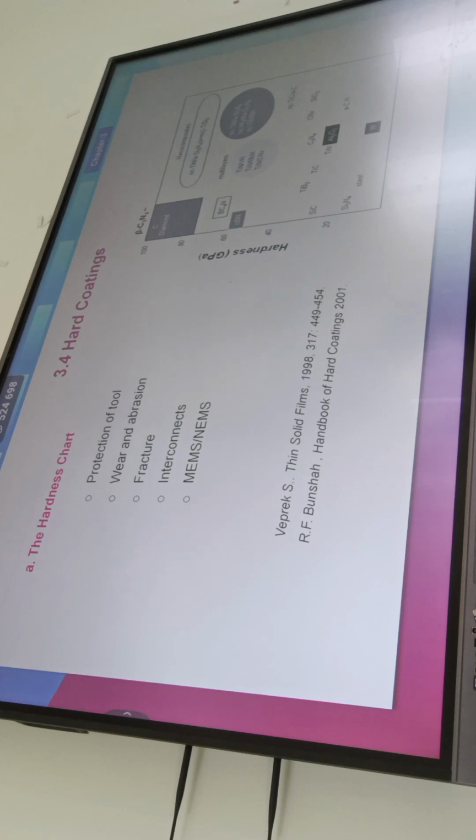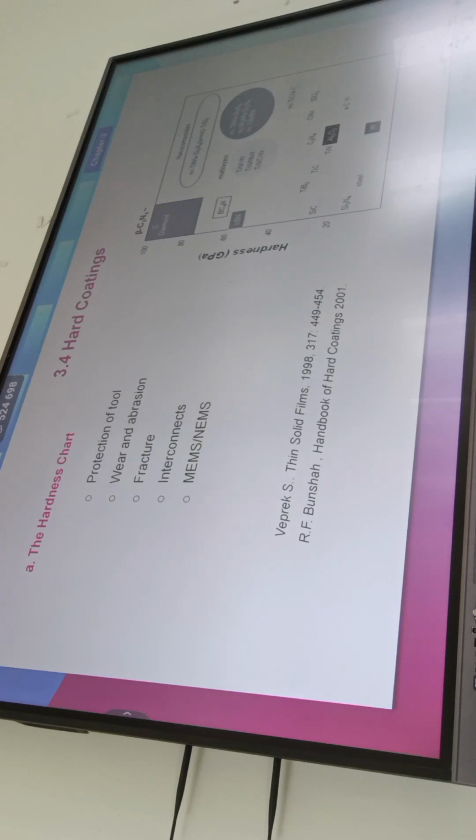If we use a hard material, it's called DLC coating, diamond-like carbon. It is a separate section of coatings, which are just carbon. So we are talking about diamond-like. This is just the hardness chart. We are showing that some materials and composites can be made so that they come close to that. We cannot use diamond because of its high cost, so we are trying to make the hardness close to that.